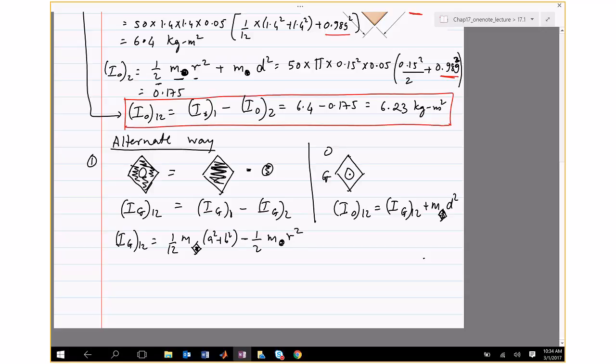Okay, and I'm going to just write the answer down. It's 1.5987. Then IO12 is IG12, it's 1.5987 plus, now in here